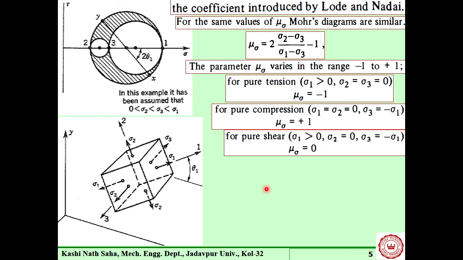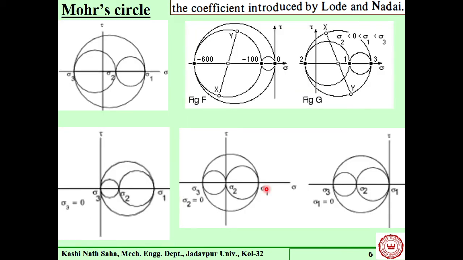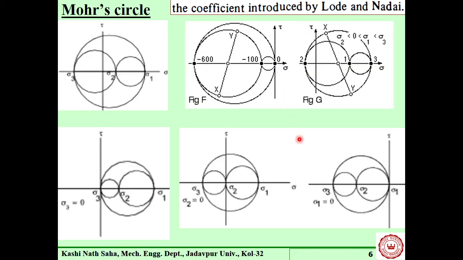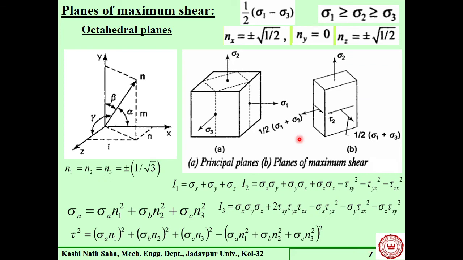Some conditions are there, and now these are different shapes of Mohr circles. Corresponding to those shapes, you can find out what are these coefficients. This is what is shown here. Now,